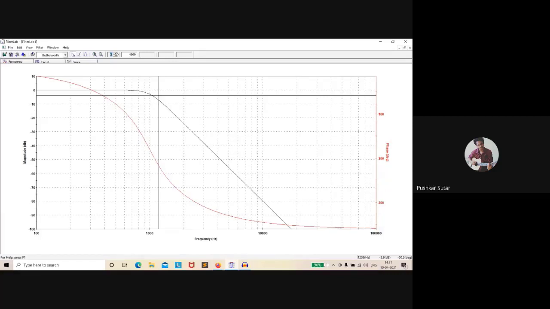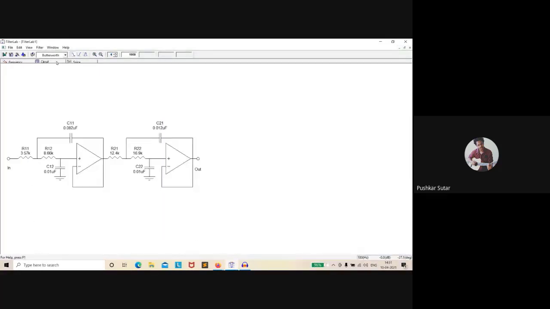So this is my 4th order, this is my 5th order. The advantage of this Butterworth filter, the major takeaway that you have to understand from this simple small graph, is that there is no ripple in the passband, meaning the frequency response of all the frequencies below 1000 hertz, below my cutoff frequency, is the same. There is no change. And also the circuit is pretty simple to implement, right?